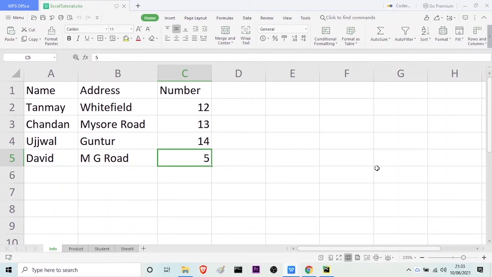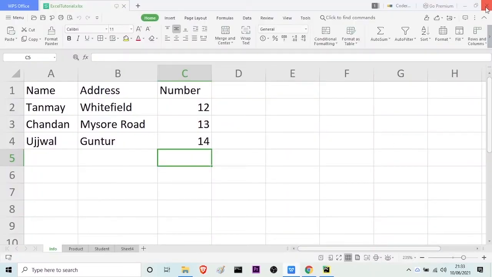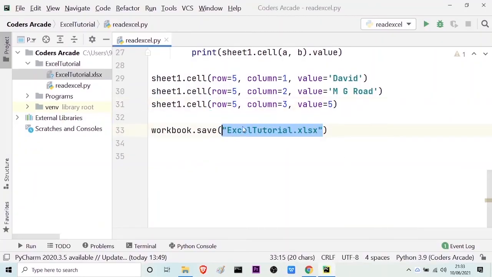So let me just close it, and let me close the earlier one as well. So now if you want to create a new Excel file and save it, what you need to do is you can do it by giving the name, say updated file.xlsx, and now if I run this,